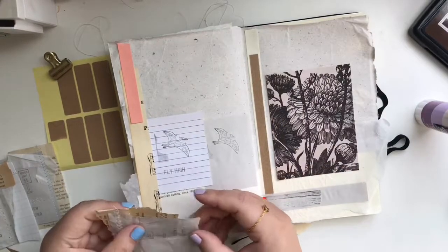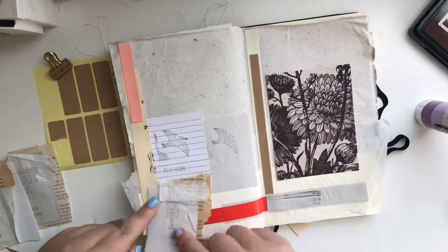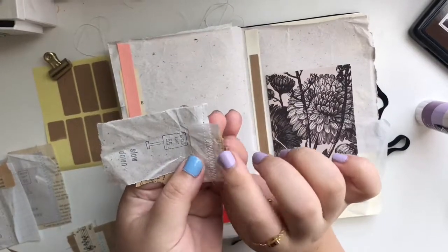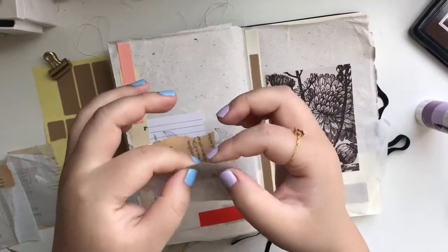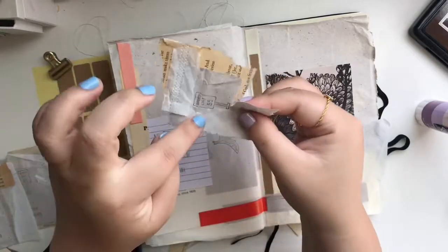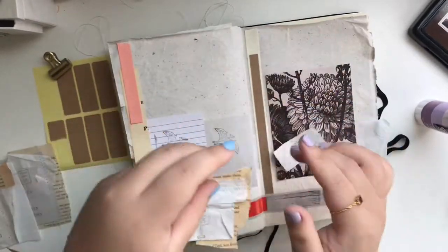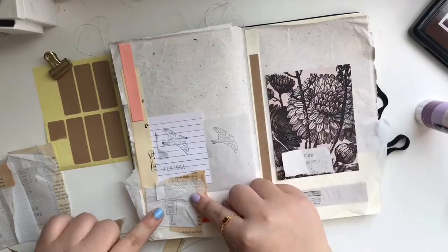Then you know what you can do? So in this case right now, this is too long, right? On this sewing stuff, I think the sewing machine's bobbin thread ran out or something, so I couldn't finish it. So what I'm gonna do is tear right here between the picture stamp and the text stamp. So I have slow down here, and I have this picture here, the speed limit thing. So what I can do is put it right here,